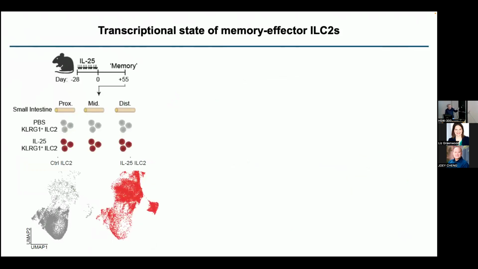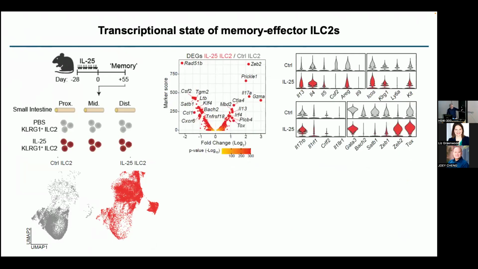So in single cell sequencing, these mice clearly moved to a different space. And I don't want to say they're all exactly the same cells, there are about 5 or 6 interesting clusters here, but all of those clusters share the core components I'm going to talk to you about, with expression of some very interesting genes like ZEB2, that is involved in a lot of memory effector cell development in many lymphoid populations, from NKTs to NKs, CD8 memory effectors, CD4 memory effectors. TOX, that gene that, if it goes one bump further, correlates with exhaustion, is highly expressed.